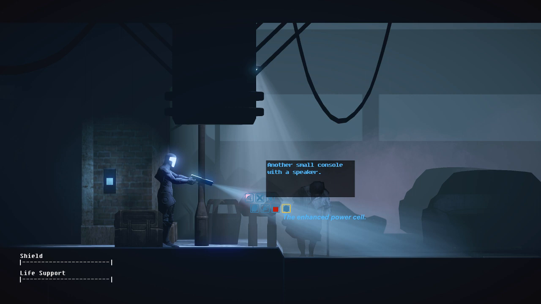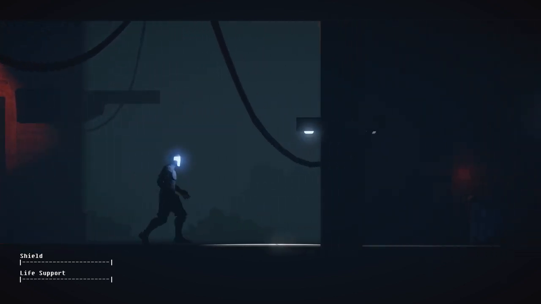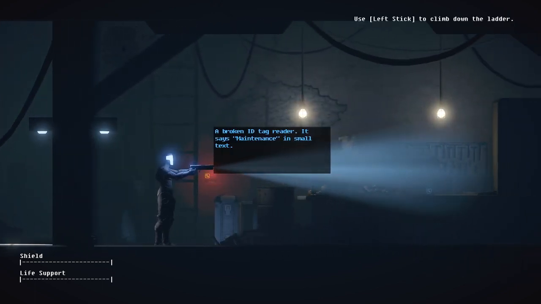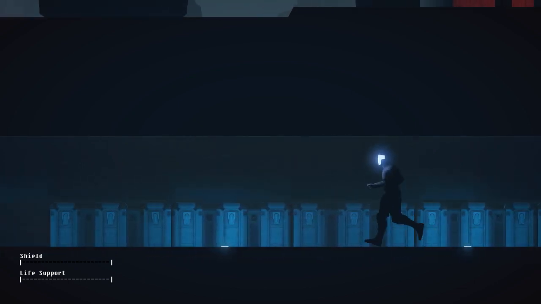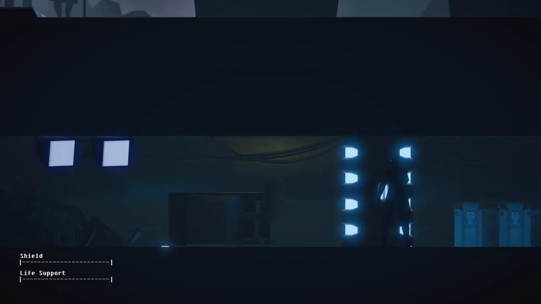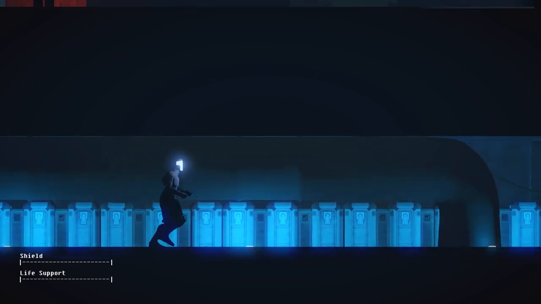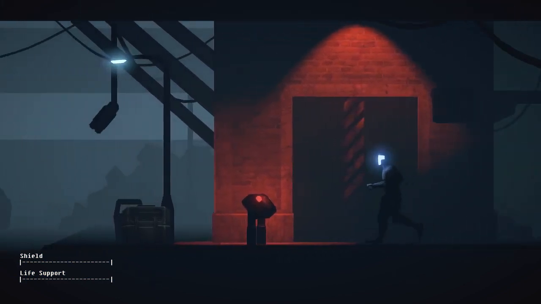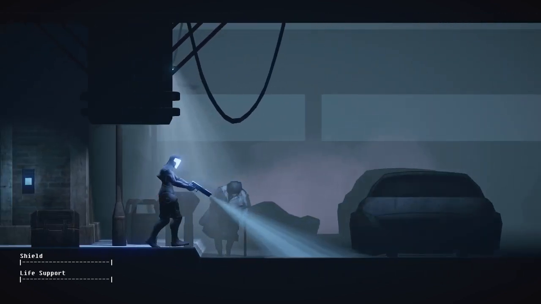Is this where I want to hook up? No. I think I want to come down here. Yeah, totally. I want to come down here and put in the enhanced power cell. Those are going faster, but it don't really matter, because the important thing is...